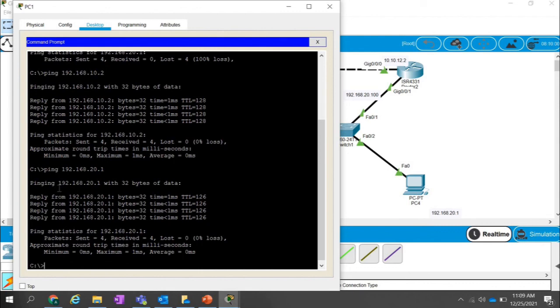Obviously, there's no end for EIGRP. EIGRP is a very vast protocol, and you will learn a lot more in the CCNP, or you can explore by yourself, it's always good. And if you have any questions, don't forget to ask me right in the comment section. I will get back to you.